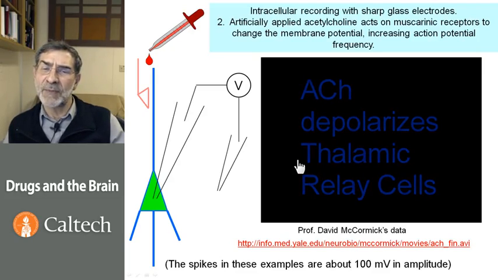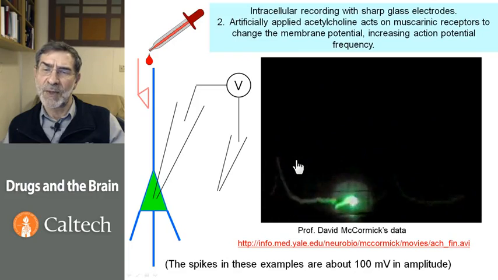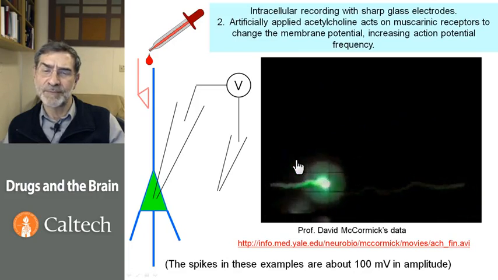It's going to be a little bit more difficult to see this one because it's on a 20th century oscilloscope, and you'll see the trace glowing, and you can't quite see the spikes so well as on the previous trace, but because you saw them very clearly on the previous trace, you can get a good idea of what's going on. Now David McCormick is adding the acetylcholine.